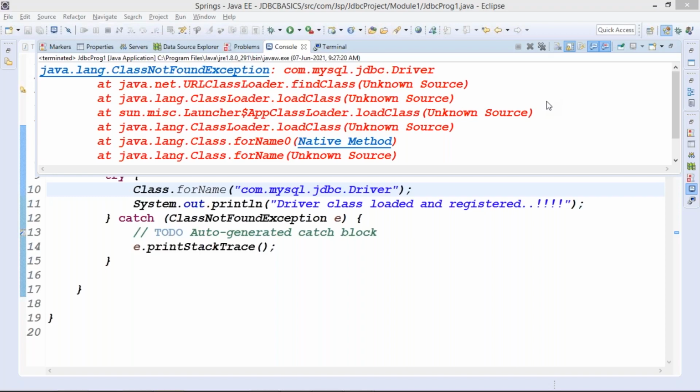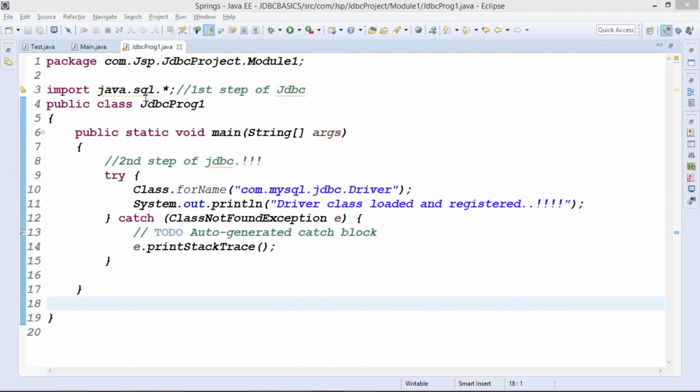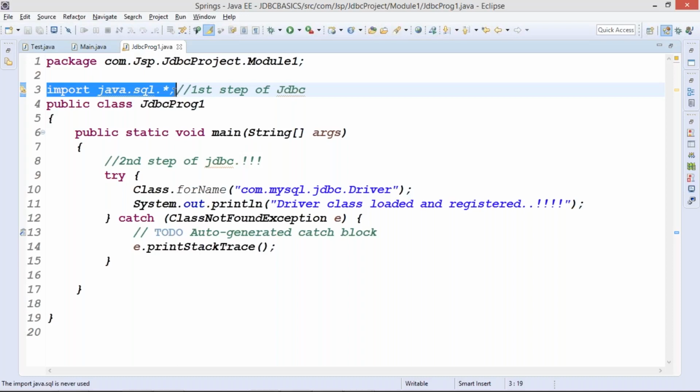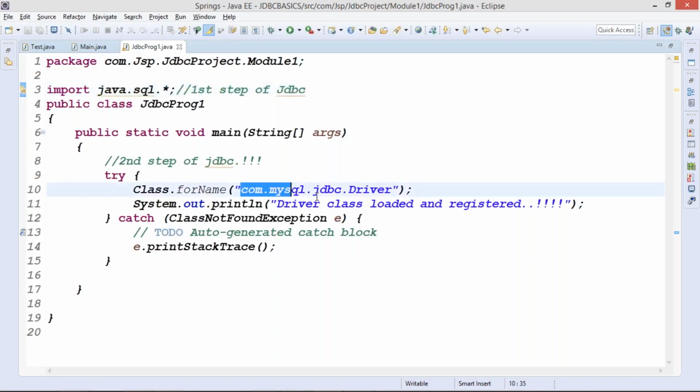So that's what I said. We have imported the JDBC API from the java.sql package. But where is this fully qualified class name present? We don't have any class where this fully qualified class name is present. Basically, this fully qualified class name is present in the jar file, or you can say the driver class provided